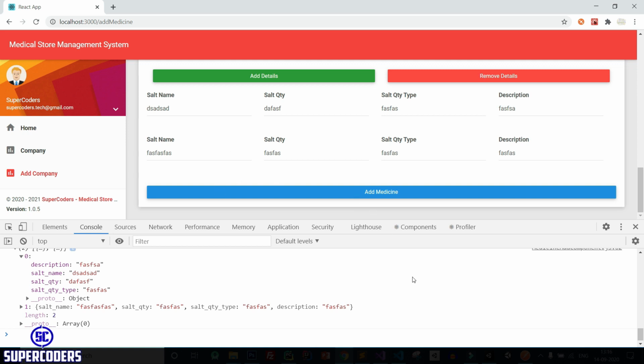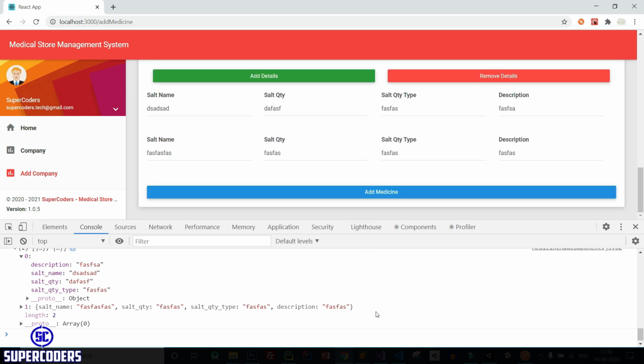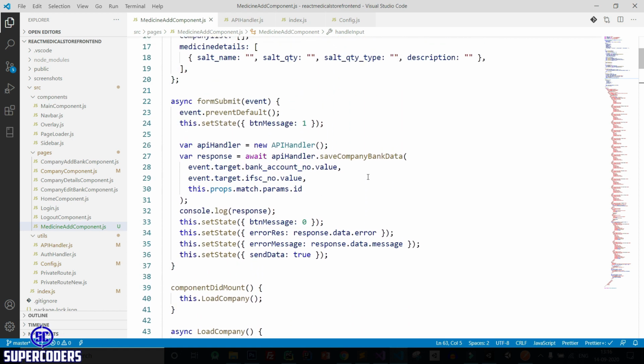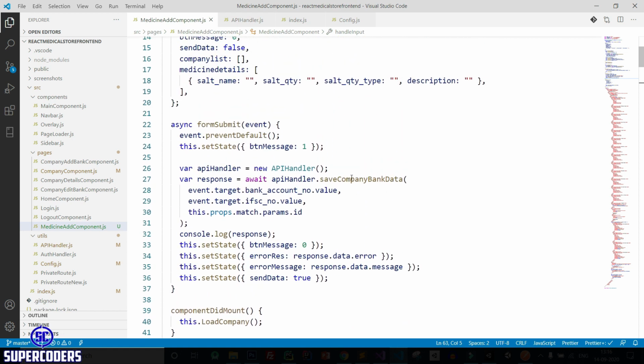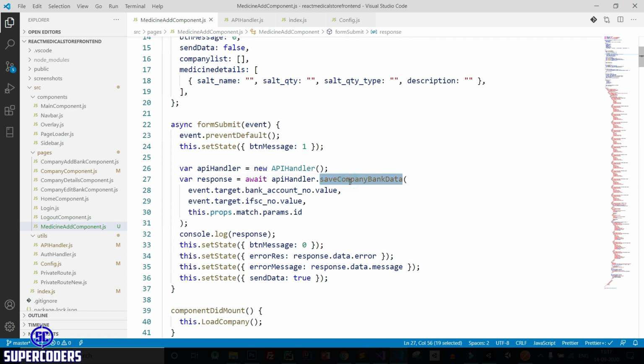Now let's see how you can save all this data using API. So back to VS Code. After that, let's come to the top and here change this, instead of save company data, call the method of save medicine data. After that, we need to pass some key values.